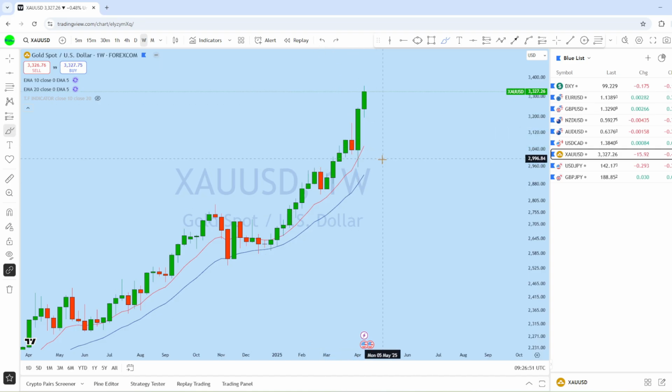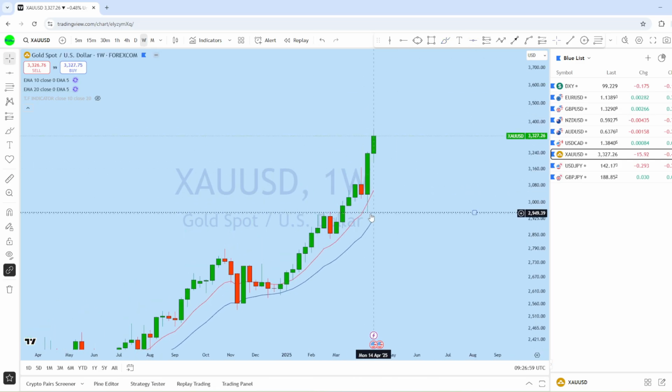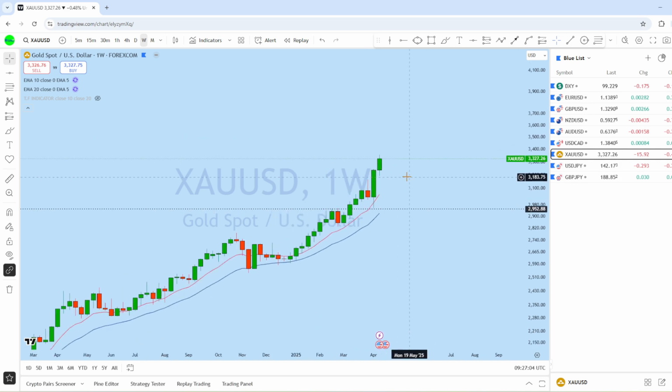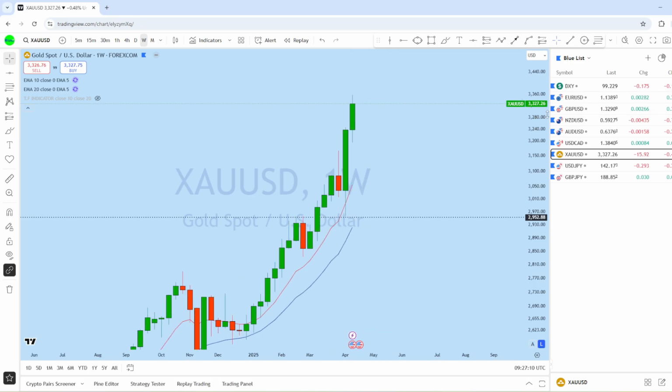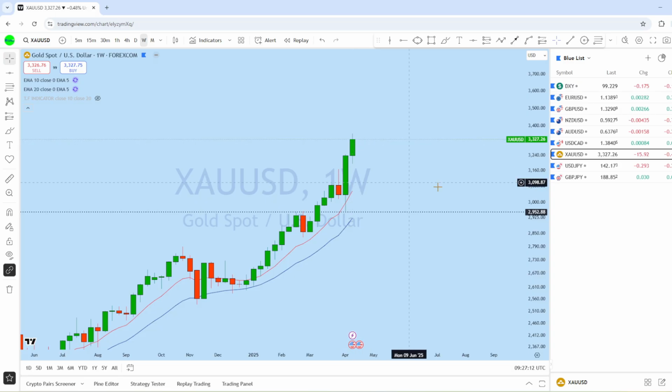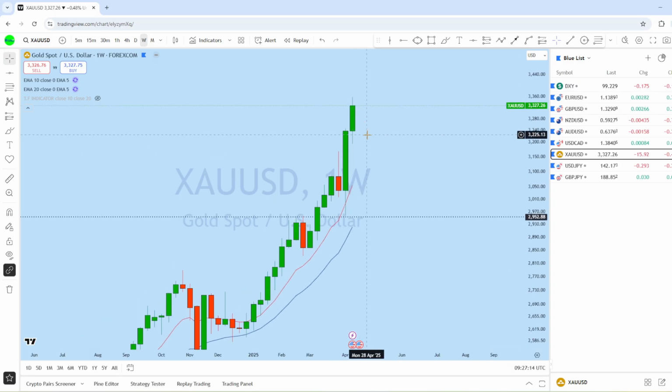In the previous weekly candlestick pattern, we saw a huge break of structure and the price just tested this previous swing high as support, followed by a bullish engulfer on the weekly. And this week the market so far is showing a continuation of that uptrend, and we may see it ultimately slow down here a little bit and then return again back to the upside.